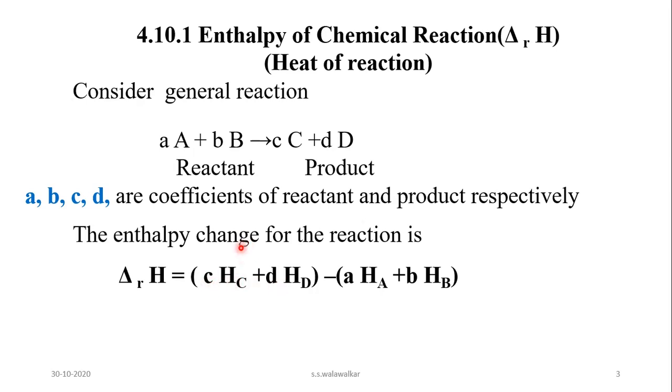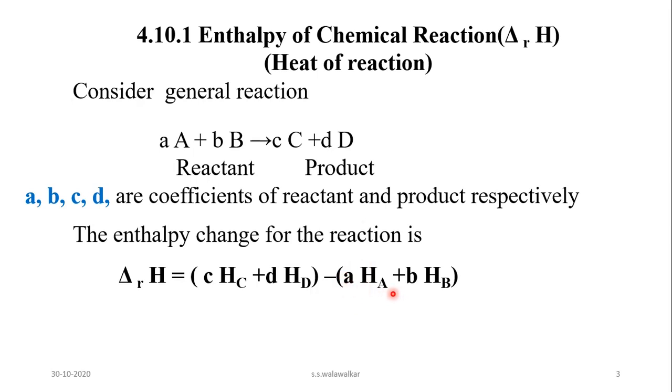So c into H C is the total enthalpy of product C, d into H D is the total enthalpy of product D, and their sum is the total enthalpy of products, minus